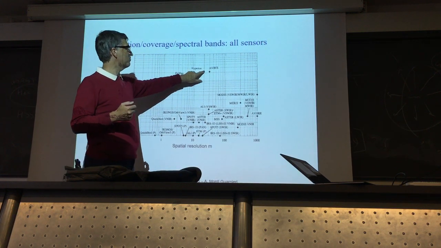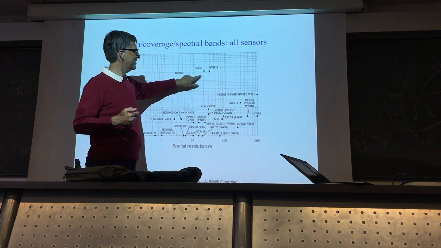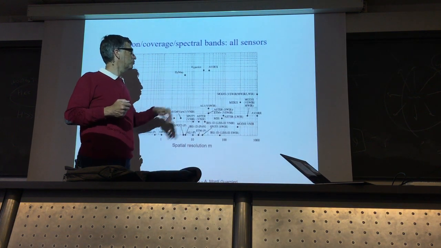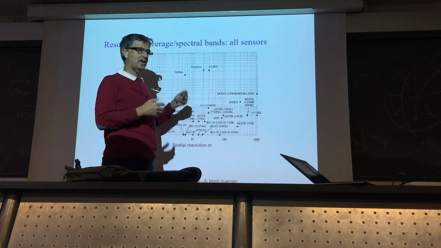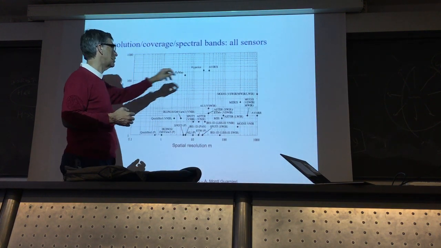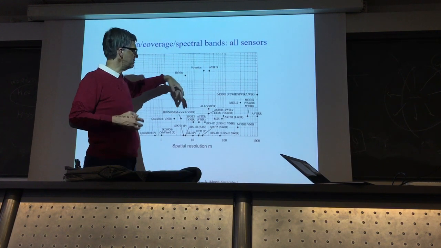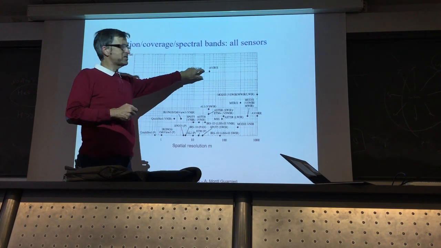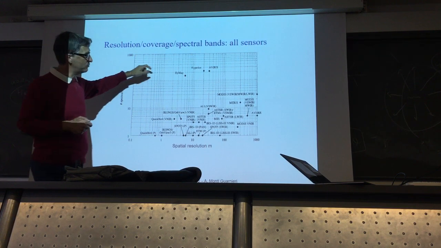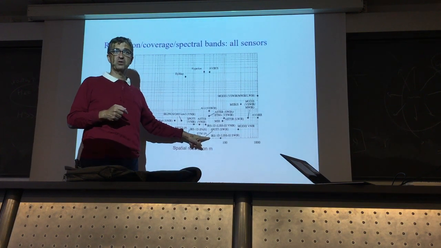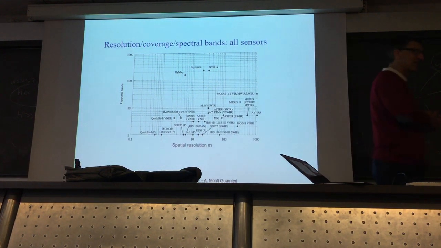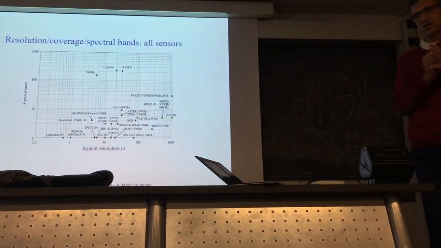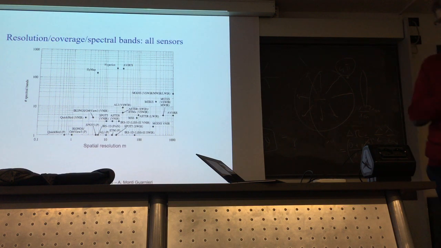So this is Hyperion, for example. Hyperion is cancelled because Hyperion has not been working for 1 year, but until last year it worked for 20 years, now they are doing it again, and this will be PRISMA, which will do the same as Hyperion. It has a lot of bands. It's the one that has more bands, but it has less resolution. Okay, so sometimes it's a trade-off. If you want resolution, you need some satellite, but if you are interested in a specific band to observe a specific behavior,